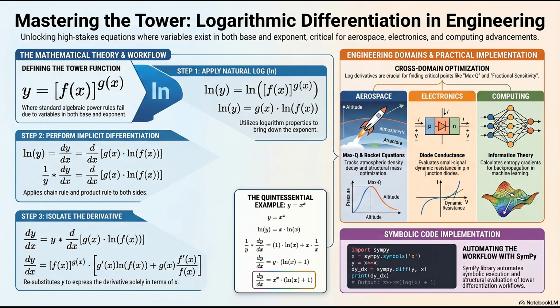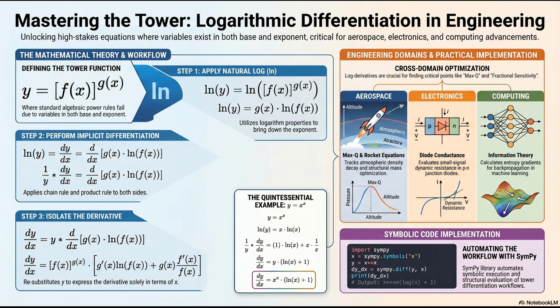Yeah. The Tsiolkovsky equation actually relies on a natural logarithm to calculate the change in velocity based on the ratio of the rocket's initial mass when it's totally full of fuel to its final mass when all the fuel is burned up. So to maximize what a rocket can actually carry to orbit,